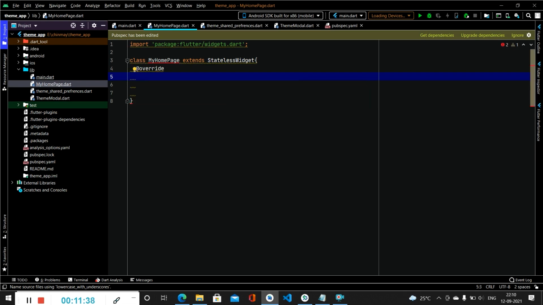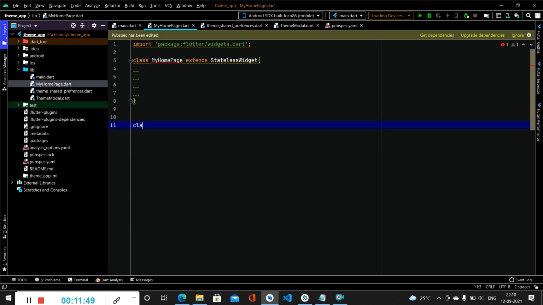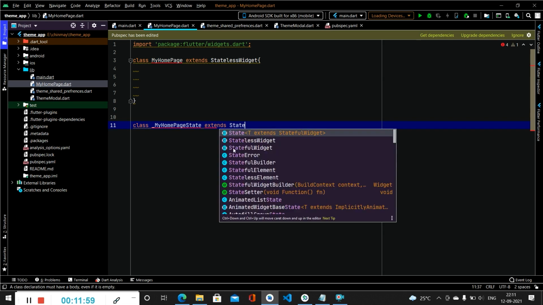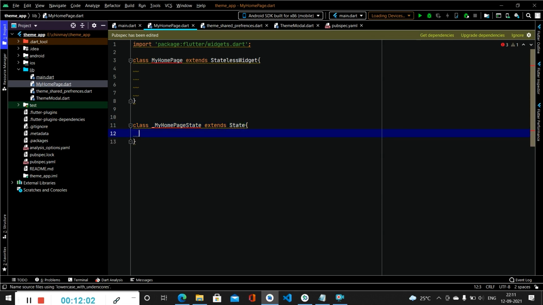So firstly we will be creating one more class for our home page state, and we will extend this class with State. Now we will call this MyHomePageState here, then we will simply call createState.